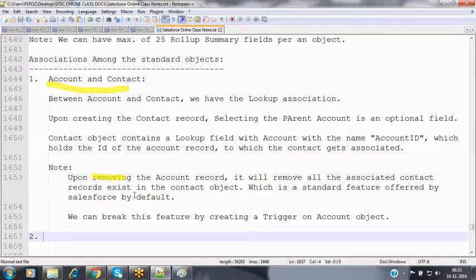And then sometimes they will raise a question from the interview point of view. I have account and contact, which have the lookup association. I want that roll-up summary functionality. Then how can we implement it? Here also the solution is a trigger. Because we cannot add a roll-up summary field, as between account and contact we have the lookup association. Between lookup associations we cannot create the roll-up summary field; that is applicable only on master-detail. Then we have to go with the trigger option.